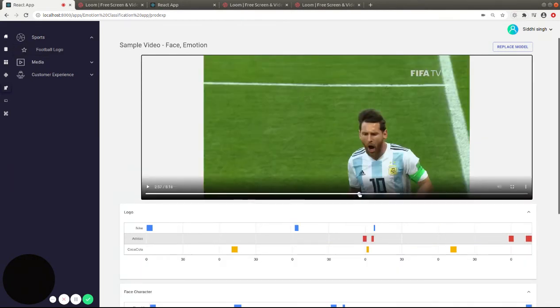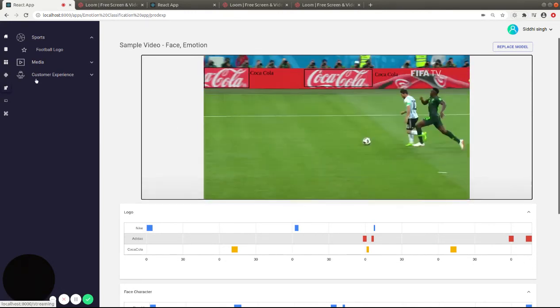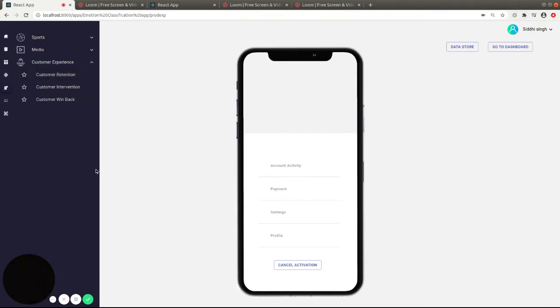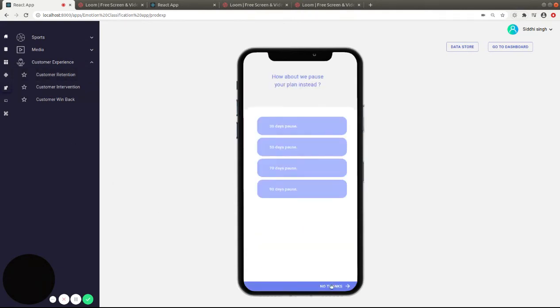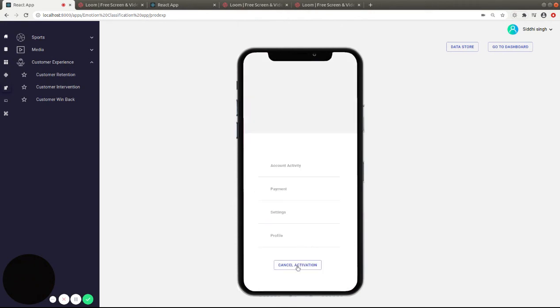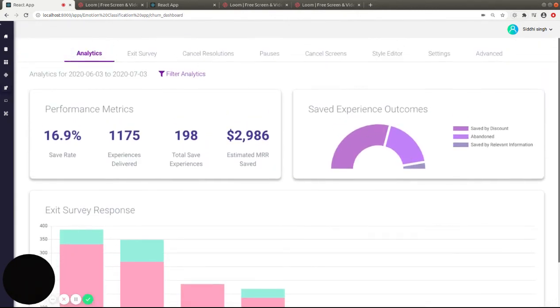And not only that, our users have built similar applications for brand visibility analytics using logo detection models. So this is essentially used by brands to see how much time their particular logo was seen in a video. And similarly, it is not limited to deep learning. Marketing analysts have built an application for a retention workflow, which can be used to collect exit survey data and build a retargeting service. And they have built a customer churn model without having to rely on IT for all the heavy lifting.